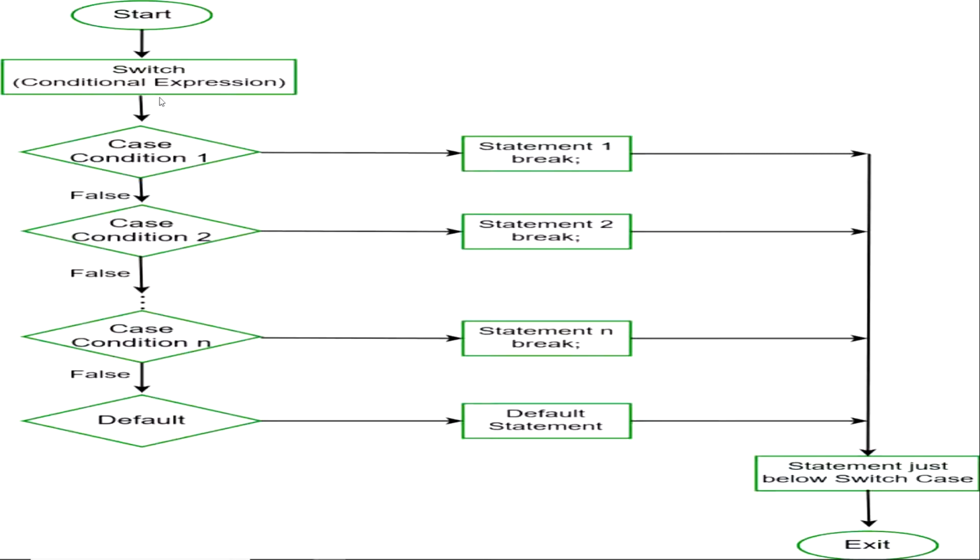So what happens is, whatever the value you enter, if case 1 is true, then it is going to break and exit from the loop. It is not going to check case 2, case 3 and many other cases. If it is false, then it goes to case 2. If that is true, it is not going to check the succeeding cases downward. So that is how it works. We'll check this out in Eclipse IDE.